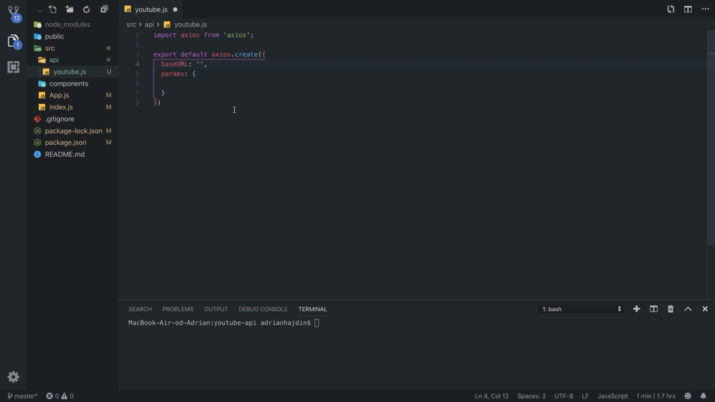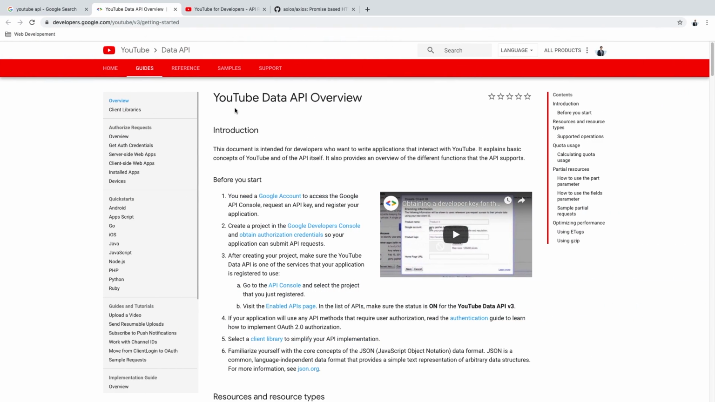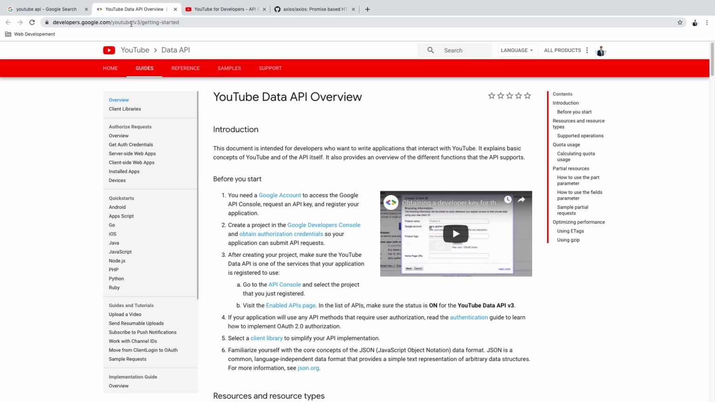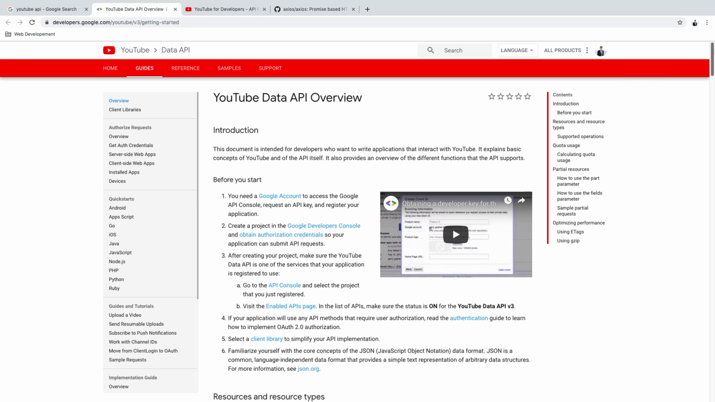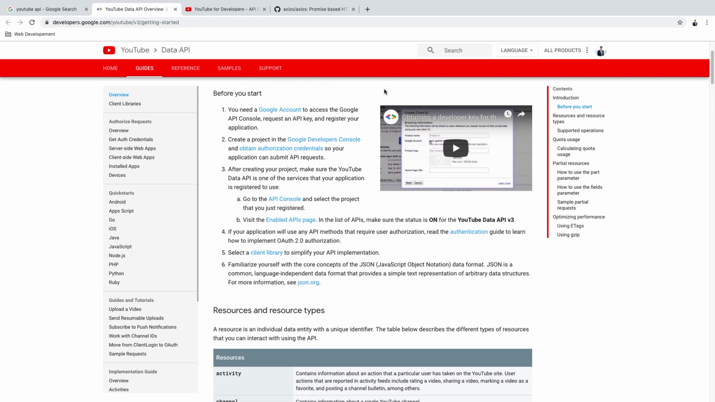But let's check the YouTube API in the Chrome browser. So inside of here, it is YouTube v3 getting started. I will leave the link in the description. And in here, you have the overview for the API. So before you start, you need a Google account to access your API console, and you need an API key. You need to create a project in Google Developers Console and obtain credentials. And then after you create the project, you need to go to the API console and enable this API. That's basically it. So create a Google account, create a project,